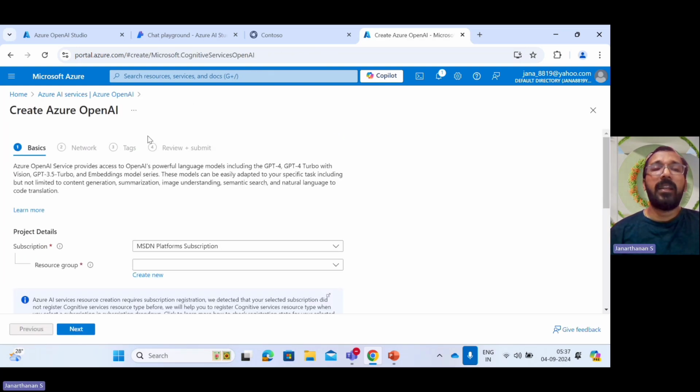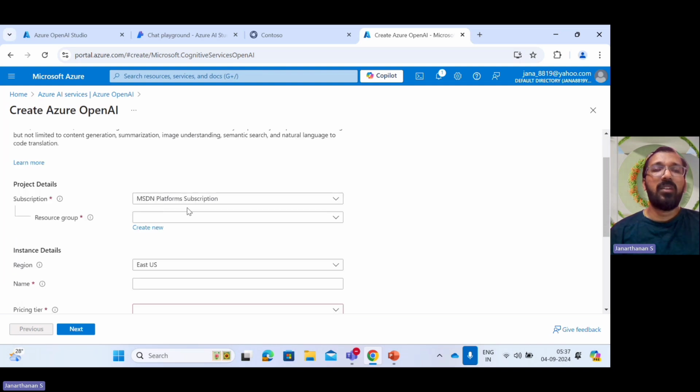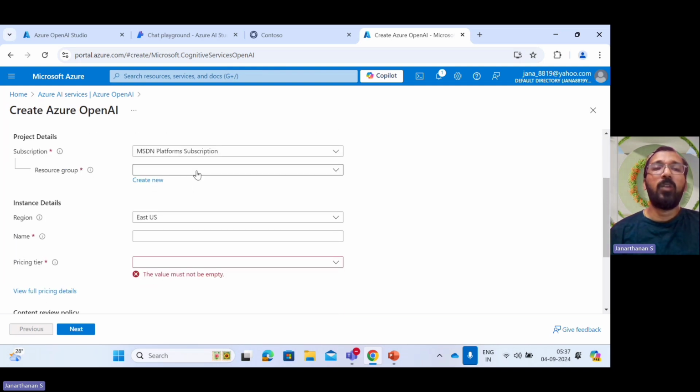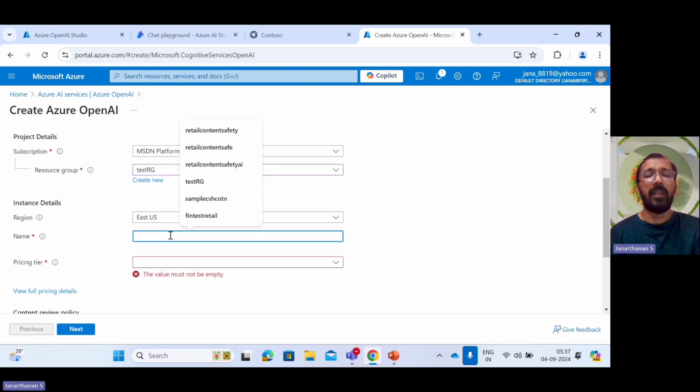The very first details you require are the subscription, and you have to create a new resource group. I'm using the already existing resource group, test RG. You have to provide which region you are about to deploy this Azure OpenAI service in. Let me provide East US. And we have to provide a name for the Azure OpenAI service. So I'm giving test retail